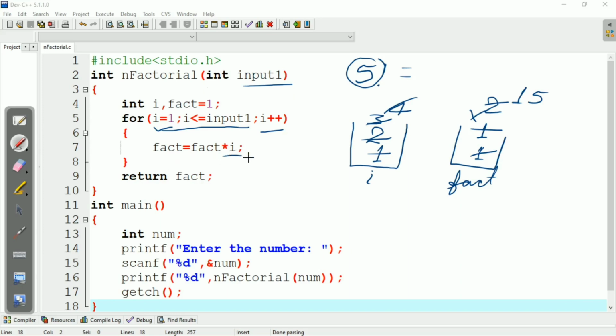Again fact equal to fact into i, means 6 into 4 equal to 24. Now again i plus plus, 4 becomes 5. Now 5 is less than or equal to input1, condition is true. Then fact equal to fact into i, means 24 into 5 equal to 120.